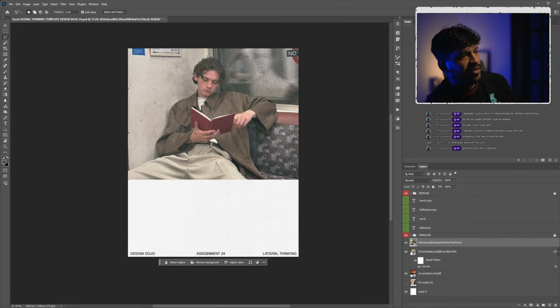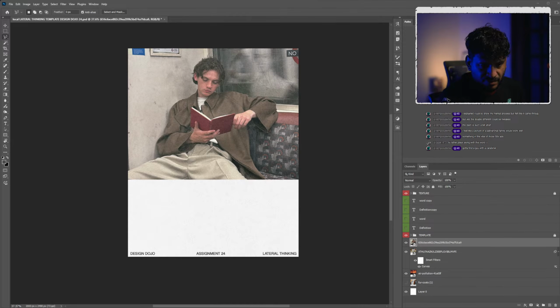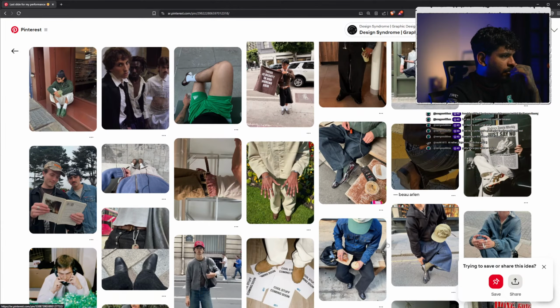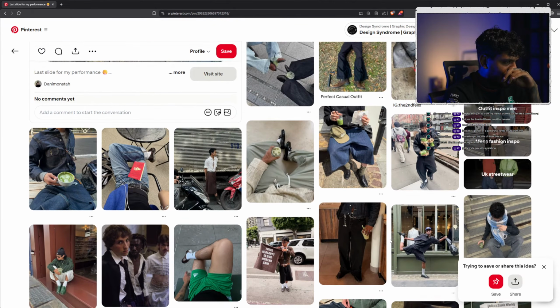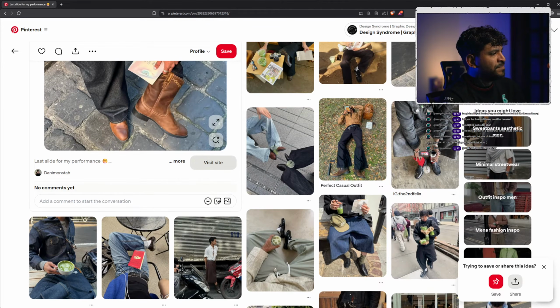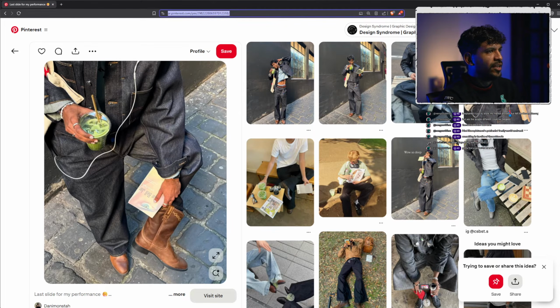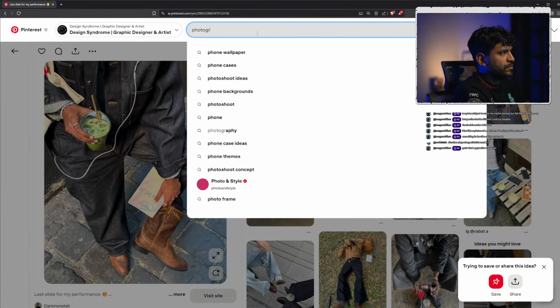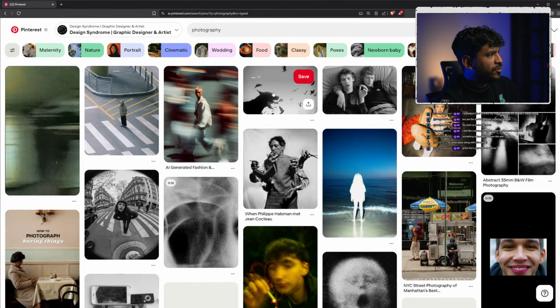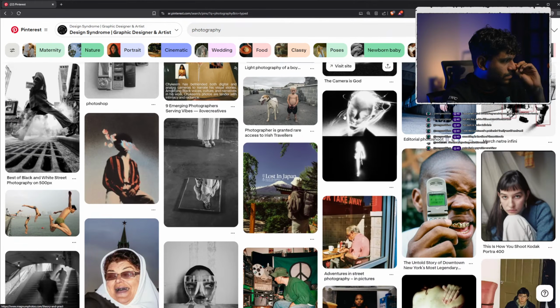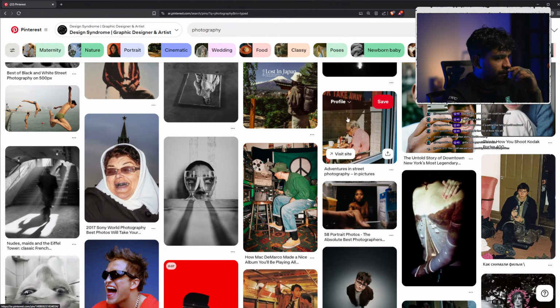Gotta find the guy with the carabiner, yeah. Let me know if you have any ideas for this. Like, what would be a good one for artificial? And the point for this exercise is that I never find a good way to fish for ideas. It's not like you can just browse random images. Like if I browse just photography, right? Like what could be